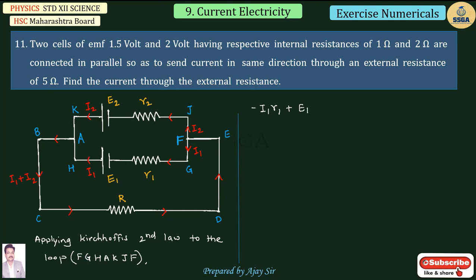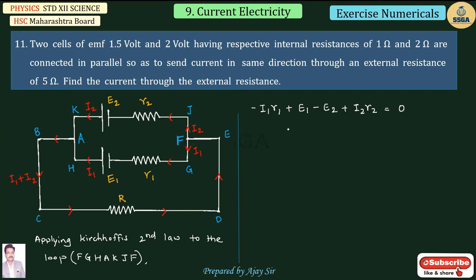So we travel from this direction, from positive to negative, so therefore the EMF here is negative, minus E2. Now here the direction of tracing is this direction and the direction of conventional current is opposite. So therefore this is positive. The potential difference is positive, which is I2 into R2. So again we come back to our starting point, so the sum of EMF and potential difference is equal to 0.